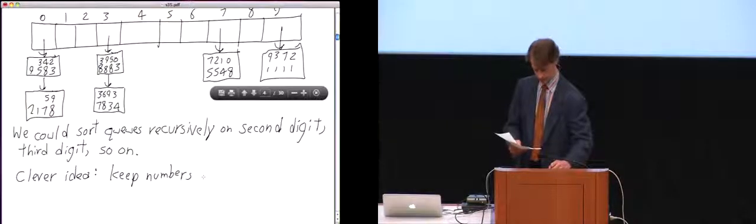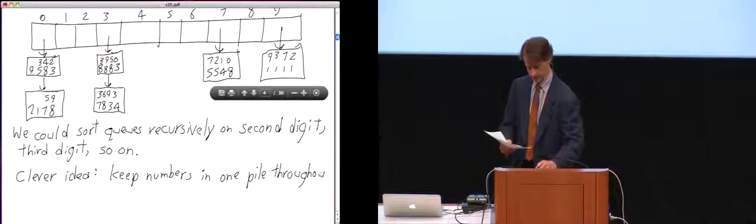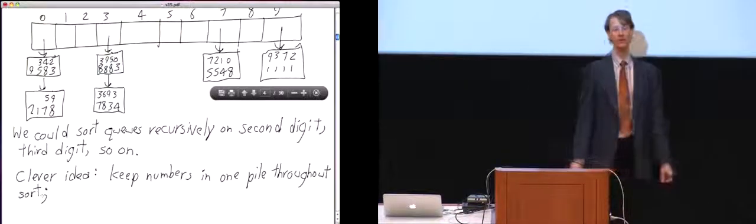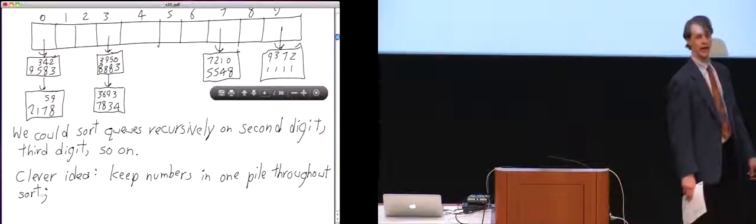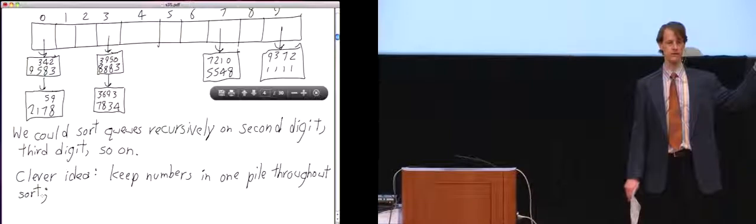We're going to keep all the numbers together in one big pile throughout the sort. We're not going to keep dividing it into smaller and smaller pieces. But, here's the counterintuitive part, we're going to make up for that by sorting on the last digit first,